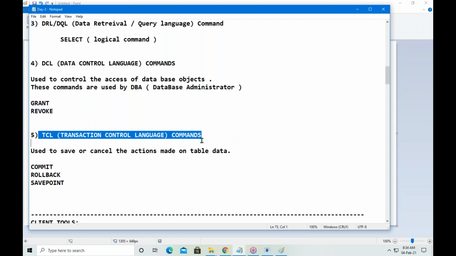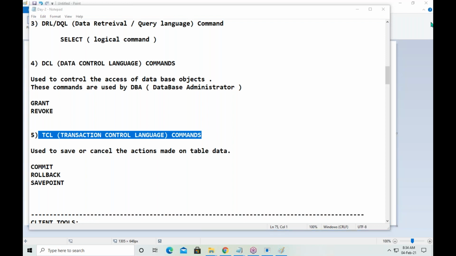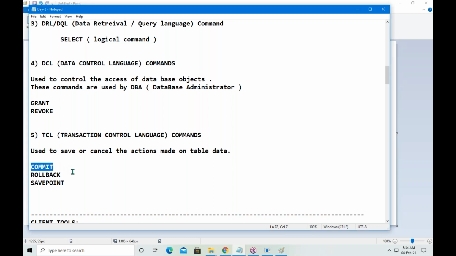TCL, transaction control language commands: commit, rollback, save point. These are totally 14 commands. In the coming classes, we will discuss each and every command in detail. According to the discussion of SQL, I have just listed the commands available under SQL.